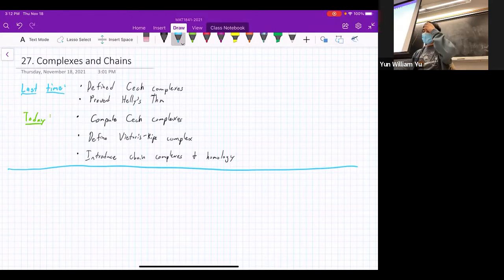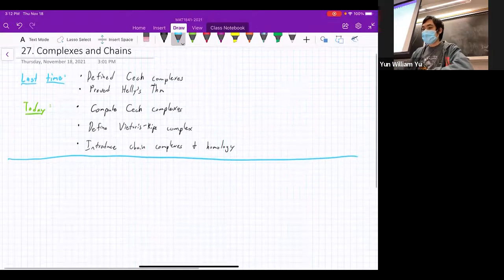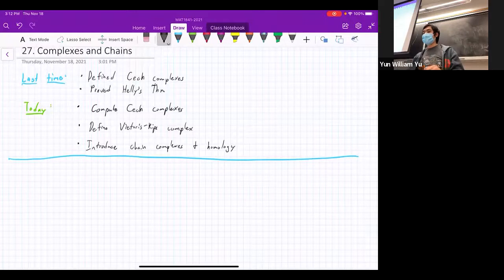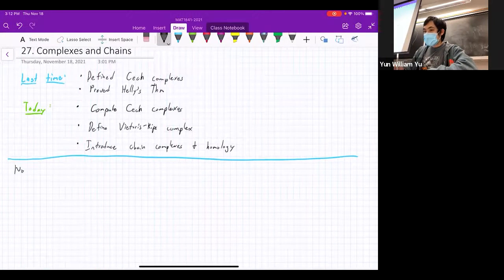And now let's go back to the Cech complex and talk about how to actually compute it, right? So we have this complex, we've defined it, but since this is a more applied class, we have to actually compute it if we're going to do anything useful with it. But now that we've proved Helly's theorem, we can say something additional about Cech complexes. But let's first note, going back to computing Cech complexes,